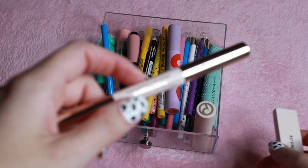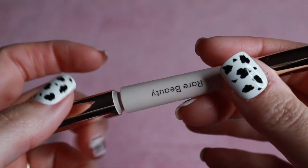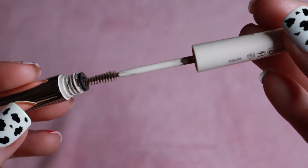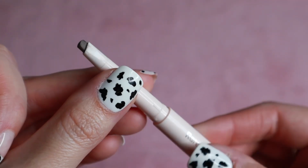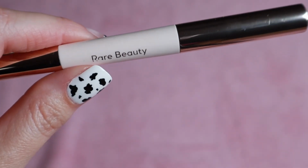For brows, I really want to focus on this brow pencil from Rare Beauty. Now, see, this is the old formula. This one had a brow gel included in it, so this is one that I definitely want to use up, especially since she's reformulated it. I think maybe if I use it daily, I probably could finish it up. I've already really finished up the gel in here, so I do want to use this one,